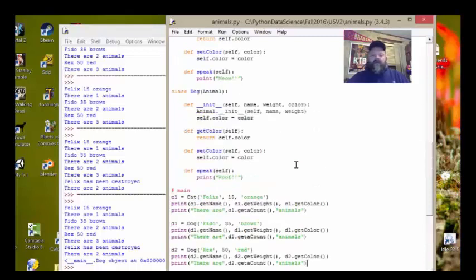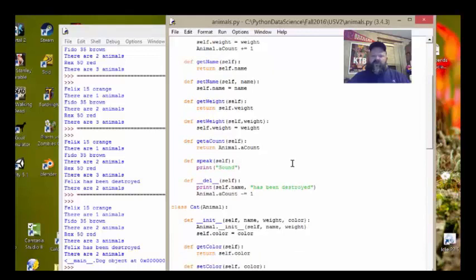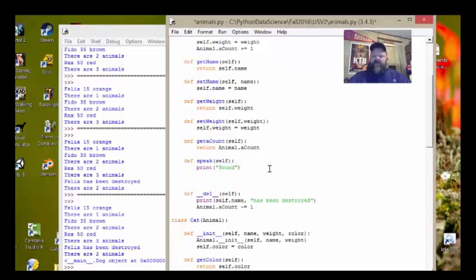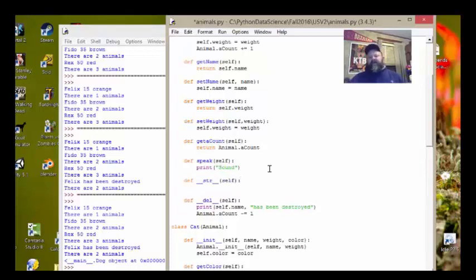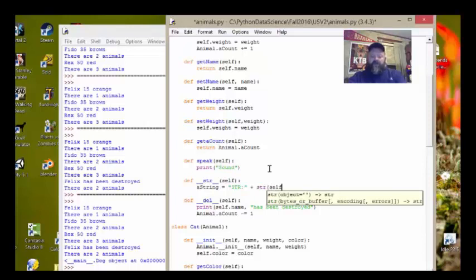Now, the method, and I'm going to do it in animal. I'm not going to do it in the small ones. And I'm going to do it right here before our deconstructor. The method is a dunder as well. It's called dunder string dunder, okay? And what happens is this method returns a string. So what we want to do is build a string. And we want that string to say, I'm going to say str colon, and then I'm going to concatenate, and then I'm going to say str, because I want to make sure I return a string plus